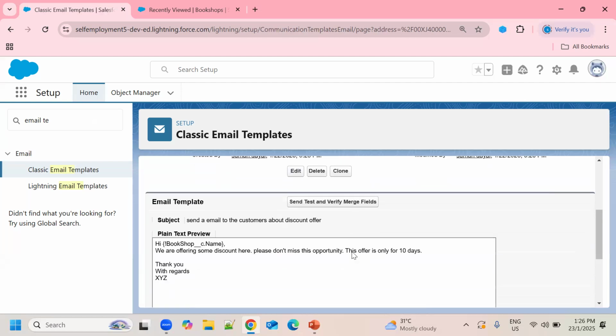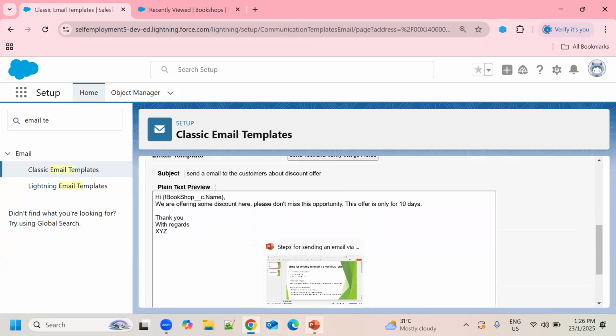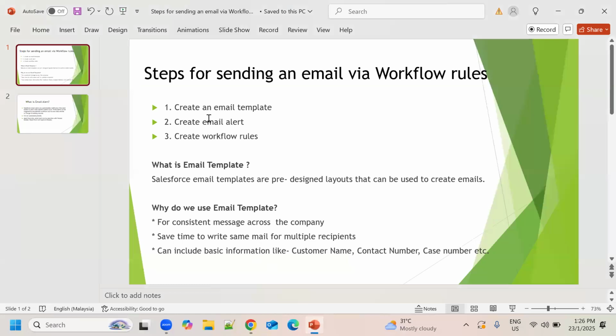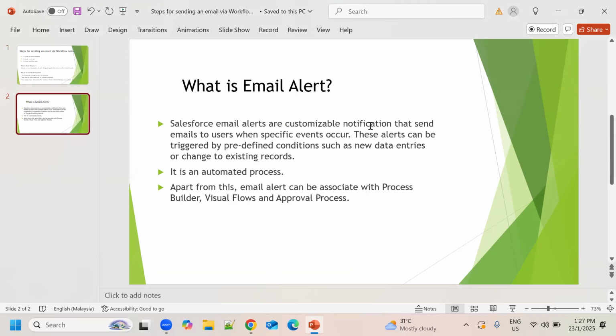Now come to the second part. We have created our email template. So next we need to create the email alert. So what is an email alert? Let's check. Email alerts in Salesforce are customizable notifications that send emails to users when a specific event occurs. These alerts can be triggered by predefined conditions such as new data entries or changes to existing records.